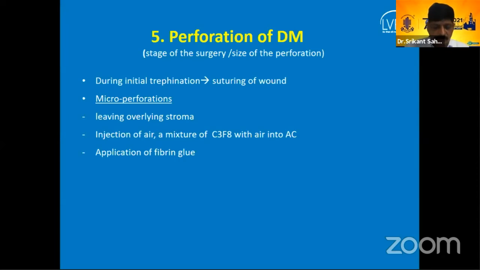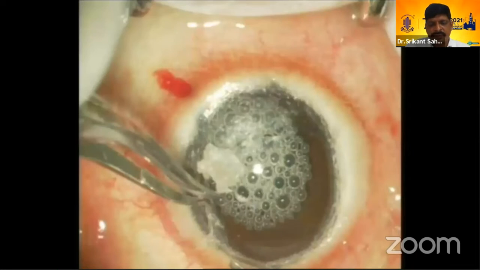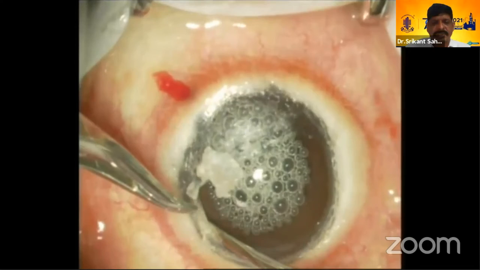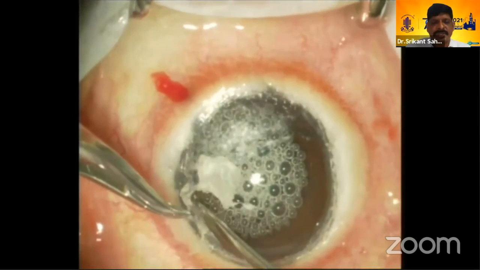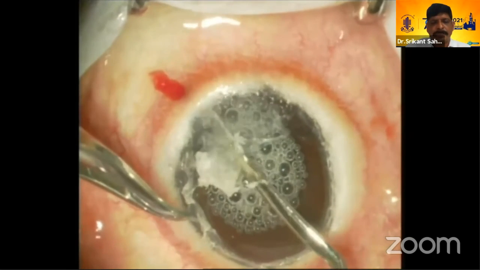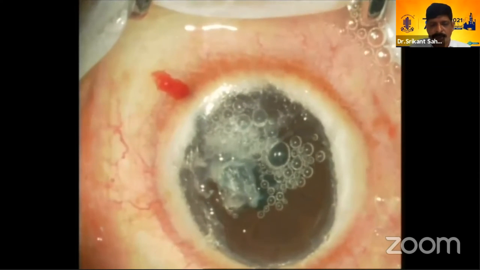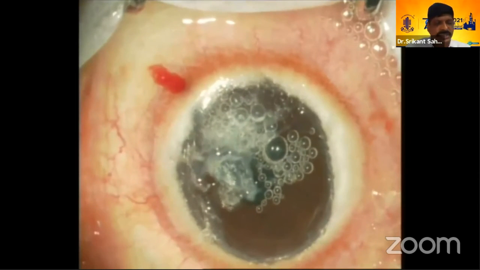Now, what happens? Even in some cases where we have the DM bared to the right extent, at the last minute, when you are trying to take out the last part of the stroma, you get a perforation. Wait for a minute, watch, and then fibrin glue can be used to continue the case, which will be described by my friend Vanati.